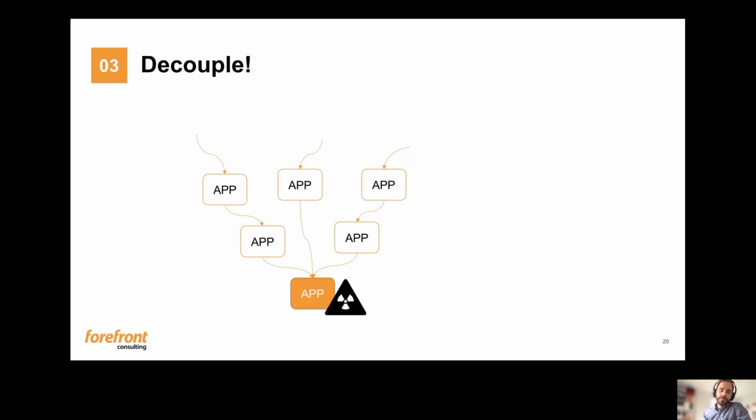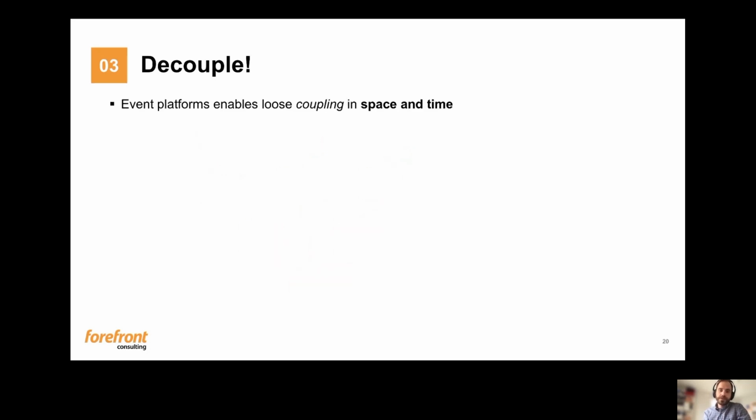Or we can perhaps have caches in these other applications that cache data, or we have circuit breakers or that kind of pattern. But all of these are more components and more solutions that you have to put into your platform to make it work, to start to have loose coupling. And an important aspect of event platforms is that this decoupling basically comes for free. And you can say that you have loose coupling in both space and time.